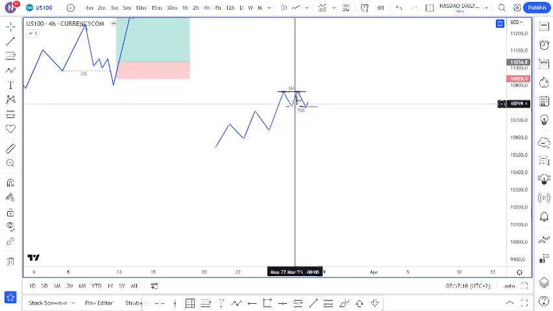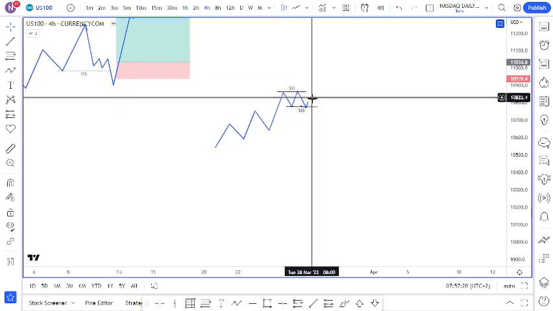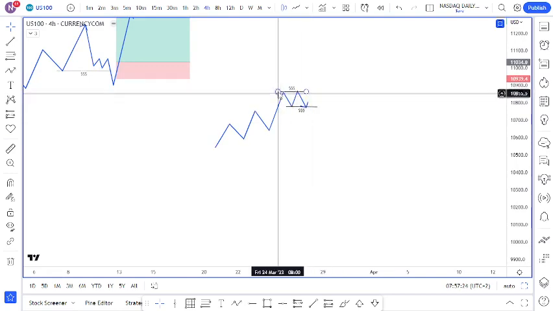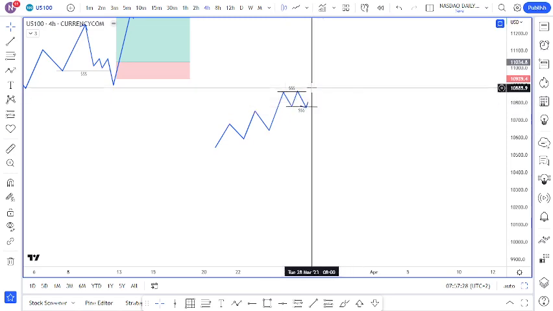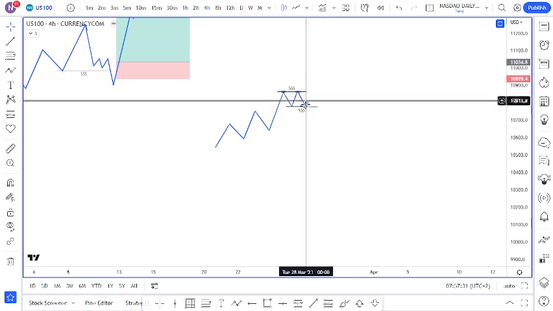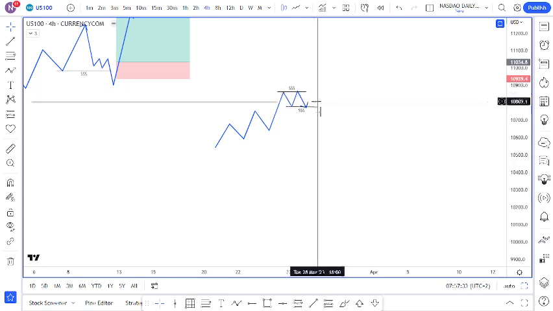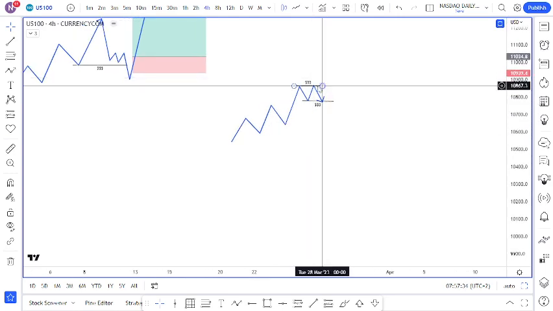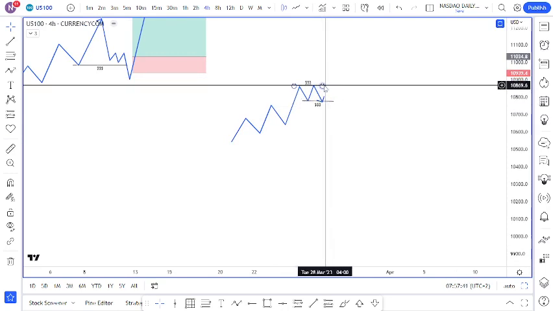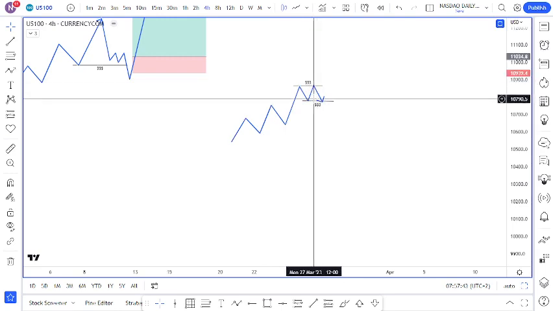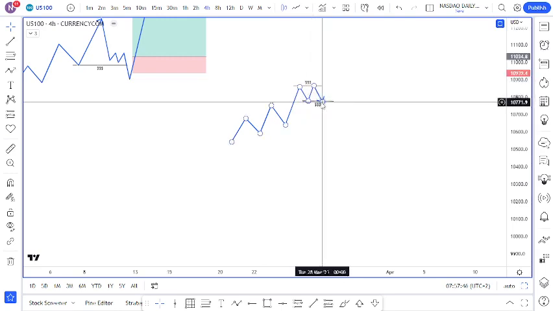If this consolidation or range develops over a session or over a day, it's creating a level of resistance and it's creating a level of support where there's equal lows and equal highs. So now this is the first type of inducement, because when levels of resistance and levels of support are being engineered, they can be identified by formations happening in the chart such as double tops and double bottoms,